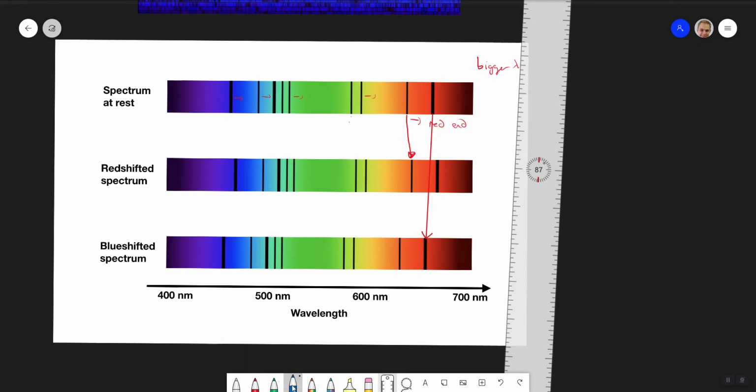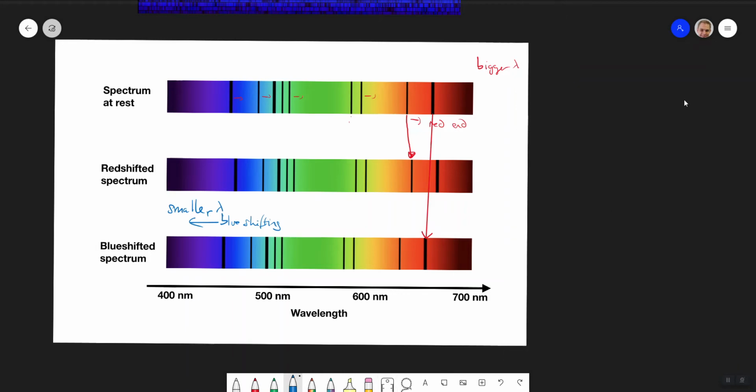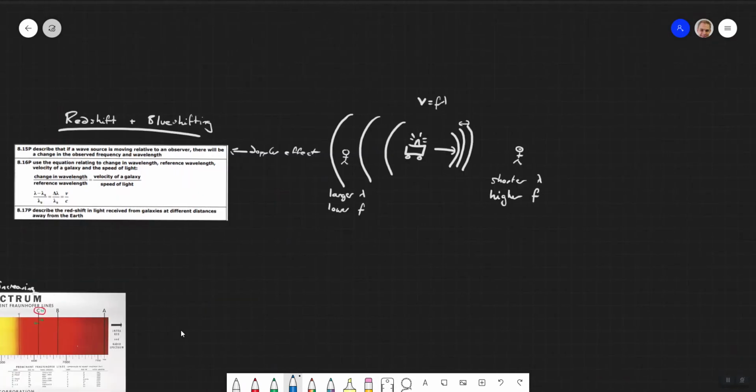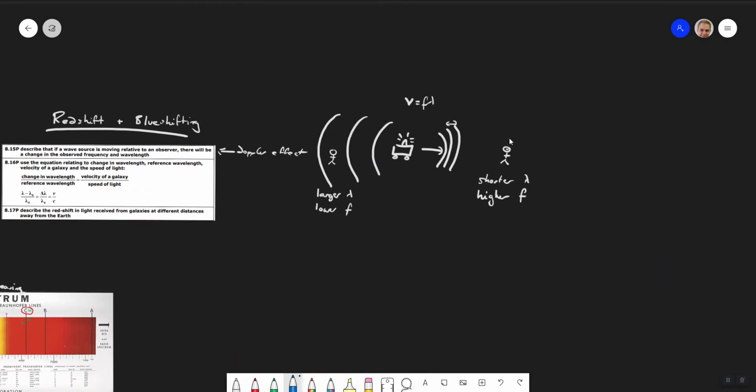And this means that all these lines have moved in this direction. And this is what we call blue shifting. So this happens if stuff moves that way; this is the blue end of the spectrum. This is where we're basically getting a smaller wavelength. These lines are measured at a slightly smaller value than we were measuring beforehand. And if we return to our Doppler shift idea, that means that we are this person here. Shorter wavelength, things are moving towards us; redshifting, longer wavelength, things are moving away from us.